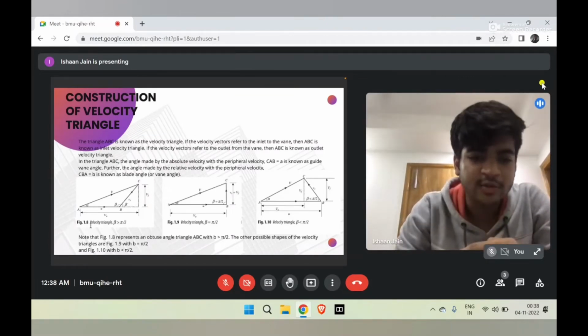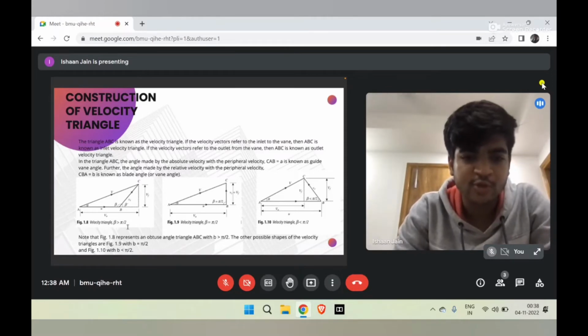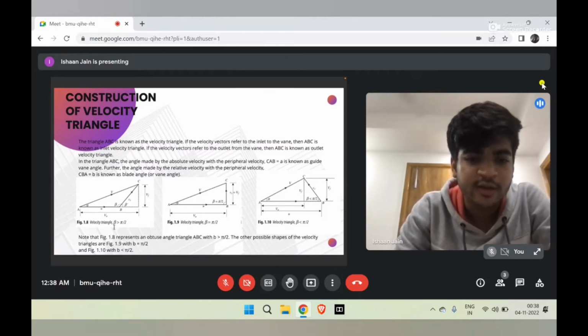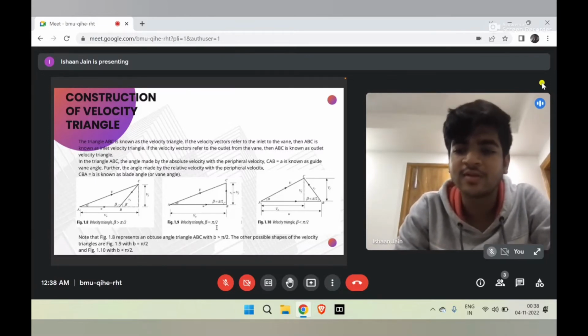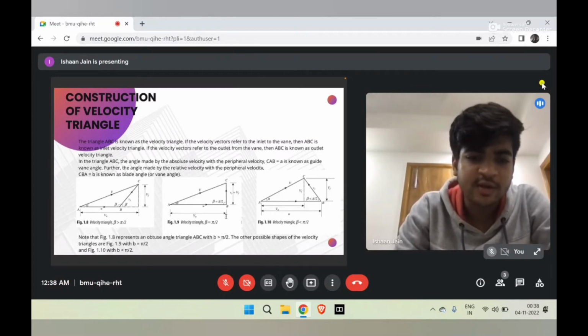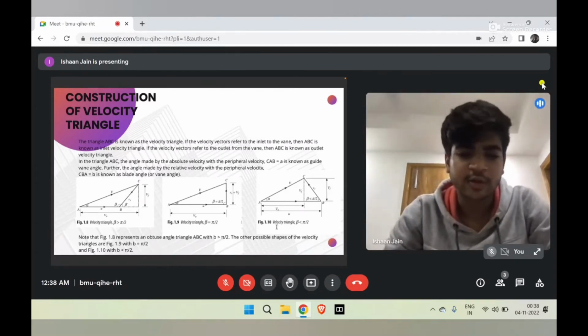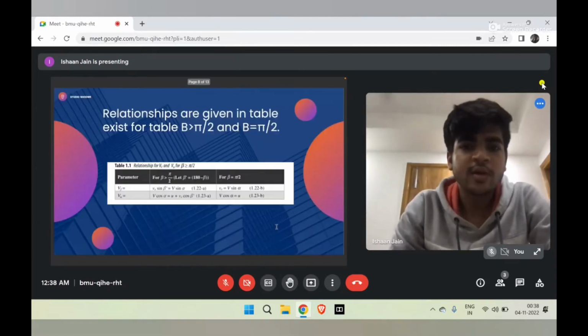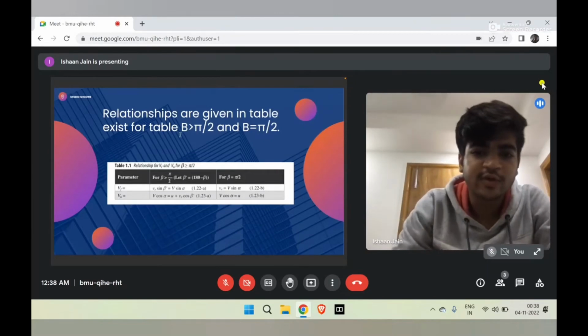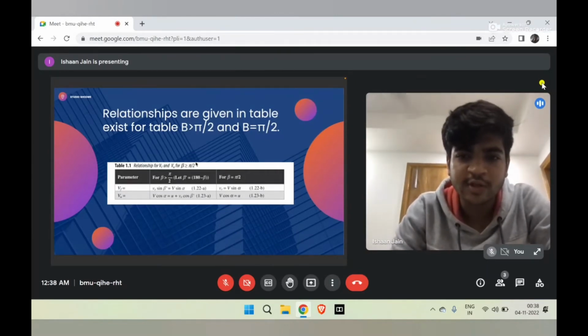ठीक है, तो अब जो हमारा ये एंगल होता है ये 3 तरह से हो सकता है। वेलोसिटी ट्रायंगल में जो हमारे एंगल हैं ये 90 डिग्री से ज़्यादा भी हो सकता है, इक्वल टू 90 डिग्री भी हो सकता है, और 90 डिग्री से कम भी हो सकता है। यहाँ पे एक्यूट एंगल बन जाएगा, इस केस में राइट एंगल बन जाएगा, और इस केस में ऑब्ट्यूज बन जाएगा, सॉरी। सो फिगर 1.8 में ऑब्ट्यूज एंगल ट्रायंगल हो गया, फिगर 1.9 में राइट एंगल ट्रायंगल हो गया, फिगर 1.10 में एक्यूट एंगल ट्रायंगल हो गया।